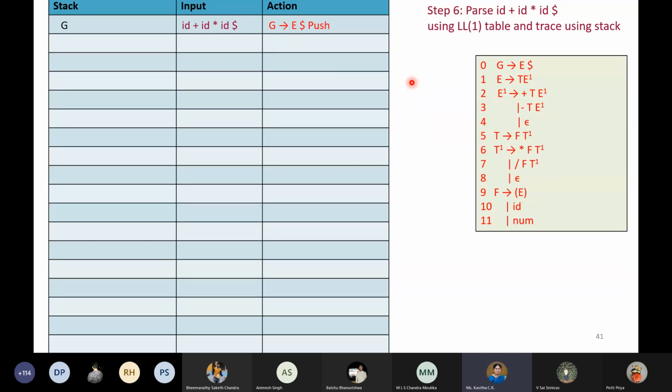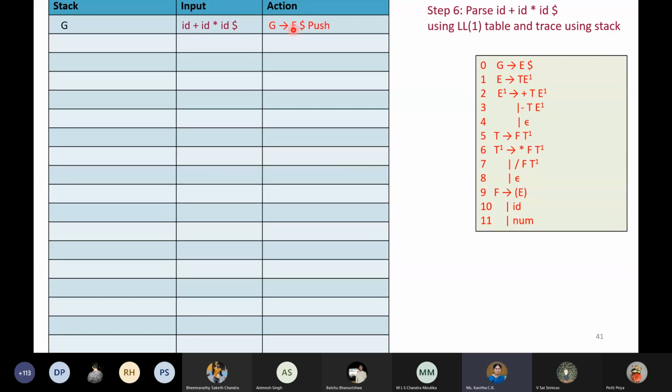In top-down parsing, I would have told many times that leftmost derivation is used, isn't it? So if I want to continue the derivation, I started with G. I created a root node, say G, and then I created two other nodes, one corresponding to E and the other corresponding to dollar. Now, how do I continue my leftmost derivation? In this case, not much problem because the only non-terminal is E. But if I have more non-terminals, I would have taken the leftmost non-terminal for the replacement. So how do I get this leftmost non-terminal for the replacement? Only when I place it on the top of the stack.